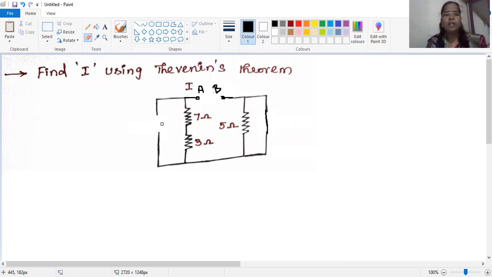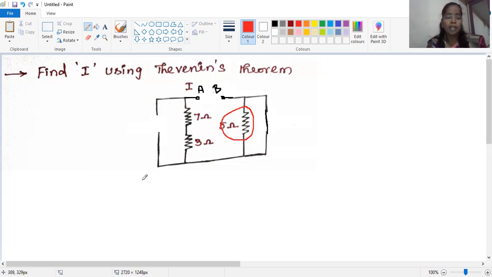You know that very well. If you have a resistance and across that resistance you have a shorted path, almost all the current flows through that shorted path only. In that case, we are not considering this resistance. Almost all the current is flowing through this path only, so you should not consider this resistance value. So what is the equivalent resistance? You should not consider this resistance because almost all the current is flowing through this shorted point.